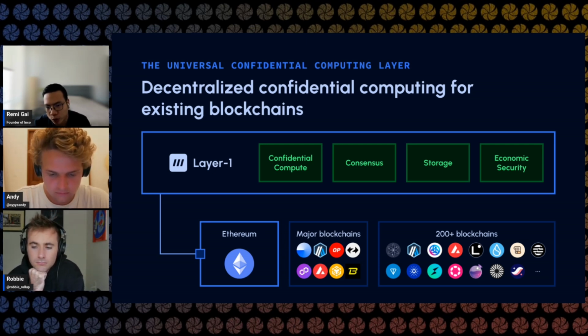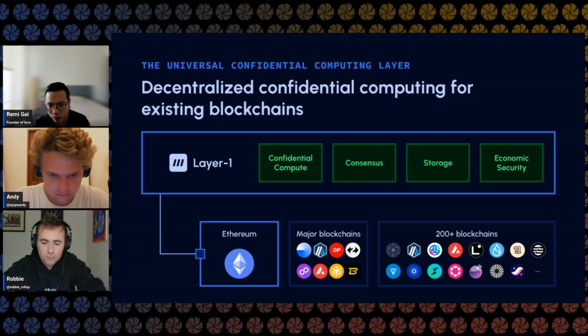And from a high level, we are a layer 1 blockchain. Going back to that previous slide that I mentioned earlier for the stack, you can almost think of us as similar to Celestia in a way, in that we are also a layer 1 blockchain. Celestia provides DA as a service, but Inco provides basically confidential compute as a service. And with this, we also store ciphertexts because they are quite big. We also have our own consensus.